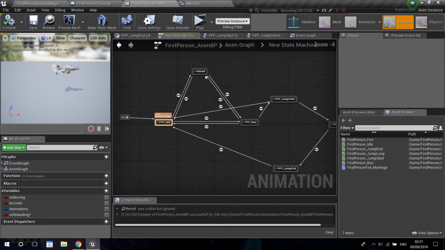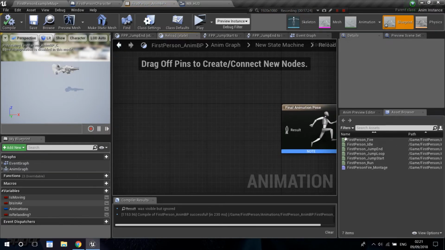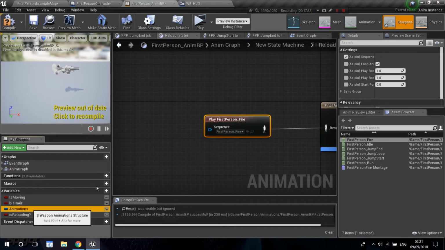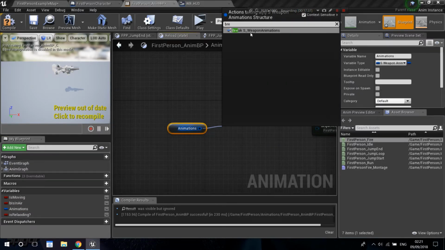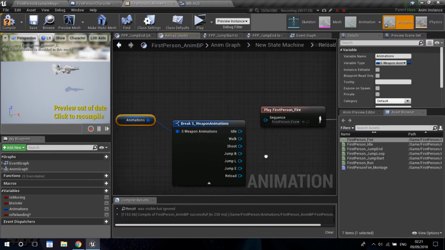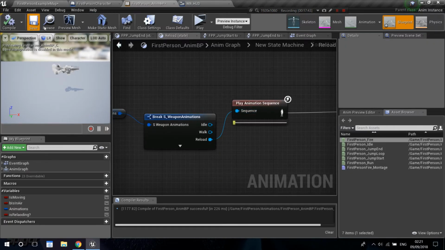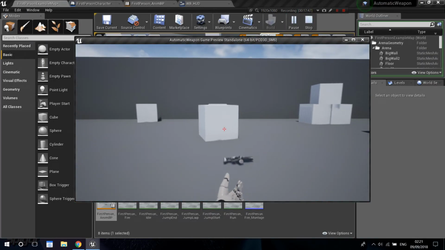Now we only need to specify which animation we want to play here. Let's drag a random animation from over here. Let's click to expose the pin of the sequence so we can plug a variable into it. Let's get our animations, break those, and plug our reload in. Let's compile and save. Now if I go ahead and play, pick up the weapon,